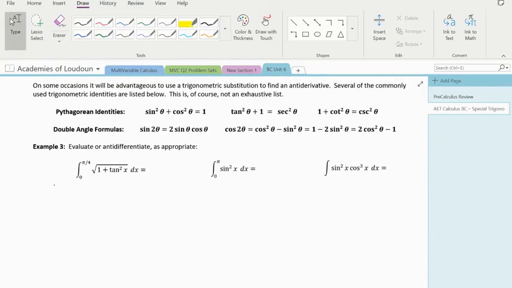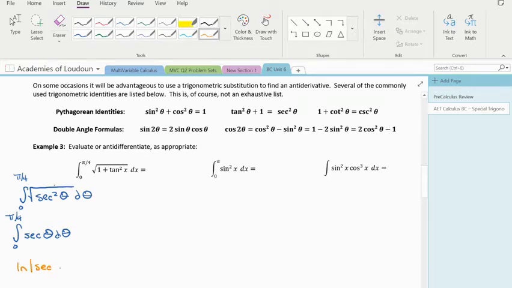Now, on some occasions, it's going to be advantageous to use a trig substitution to find an antiderivative. Several of the commonly used trig identities are shown below, and this is, of course, not an exhaustive list. So, to start with, on example 3, we have 1 plus tangent squared, which we should recognize as the antiderivative from 0 to pi over 4 of the square root of secant squared theta d theta, which is the antiderivative from 0 to pi over 4 of simply secant theta d theta. Well, we found this in the example above, so we have natural log of secant theta plus tangent theta evaluated from 0 to pi over 4,